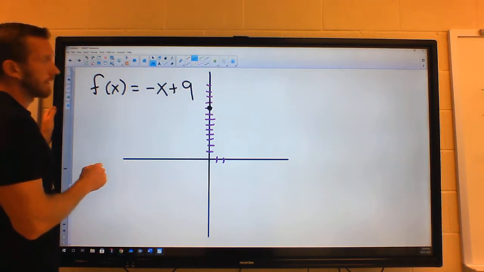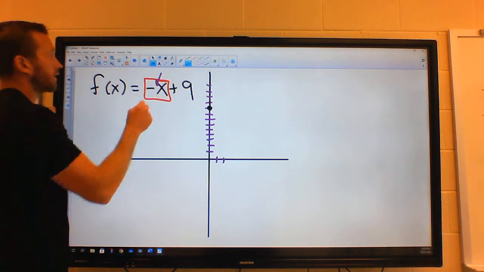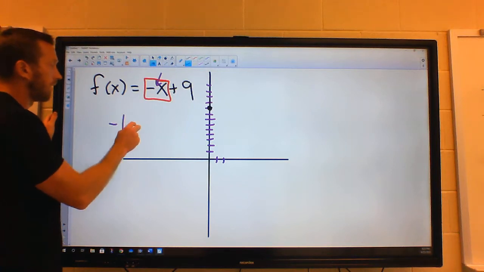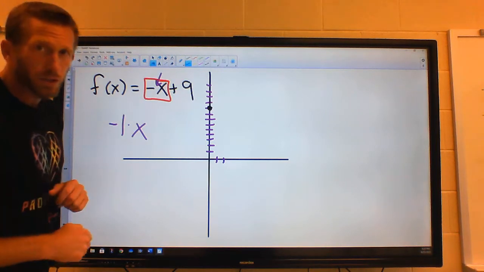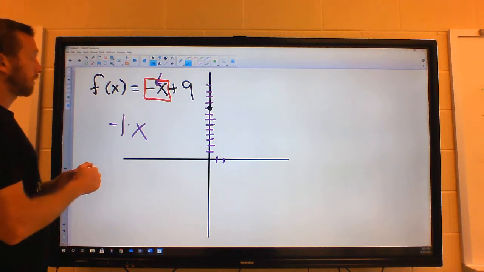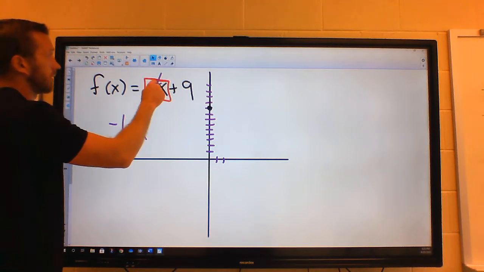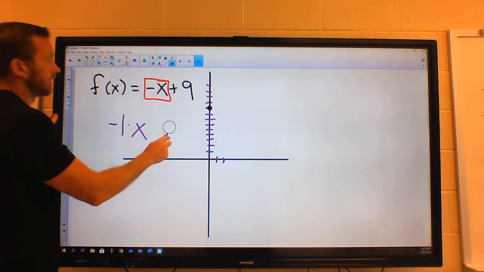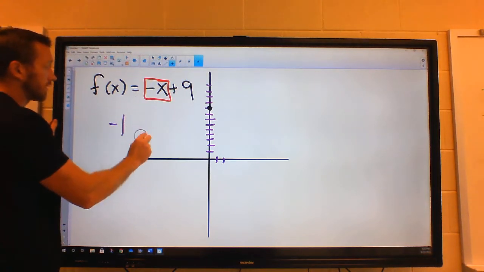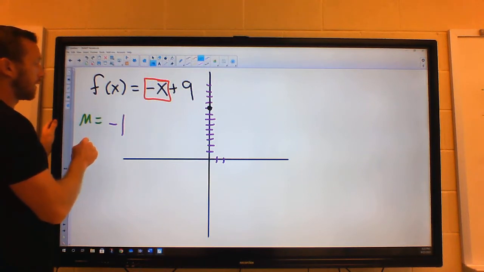Okay. This right here has a coefficient. I know that it doesn't look like it, but there's a coefficient of -1 there multiplying to the x. Coefficients are numeric values that multiply to variables. So here we have a numeric value of -1 that is multiplying to that x. So in reality, even though it says -x, you should be able to pull out of that, the slope is -1, meaning